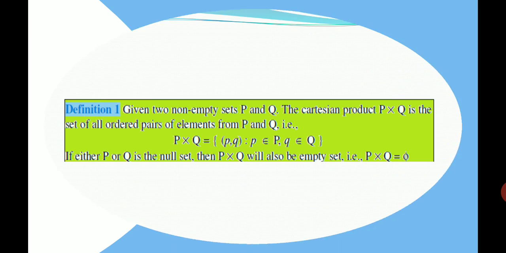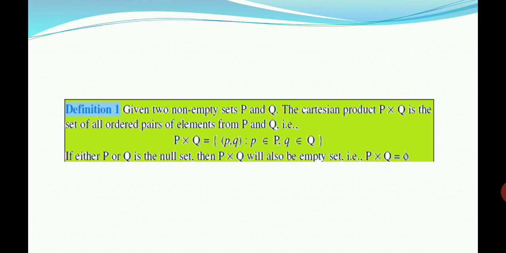Today we will discuss the new chapter of Standard 12th, chapter number 1, Relation and Function. This chapter you studied in Standard 11 also, chapter number 2 in Standard 11, Relation and Functions, same. Before we start relation and function, we must know about that chapter in Standard 11, because that is the first stage.